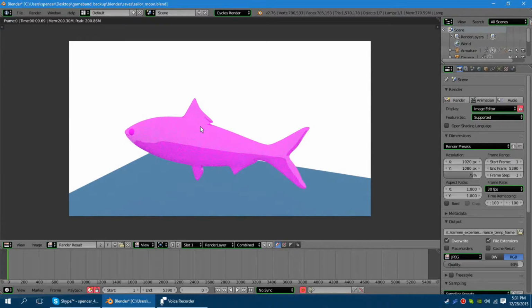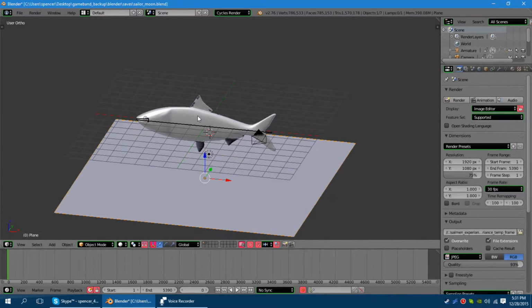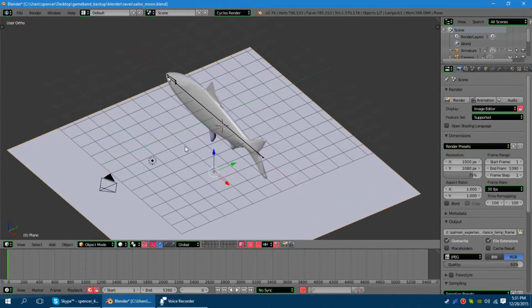So yeah, that's that. This texture's gone, but you get the point. So that's the behind the scenes. If you guys have any questions, do you want the file? I mean, I can get it ready and put it up on